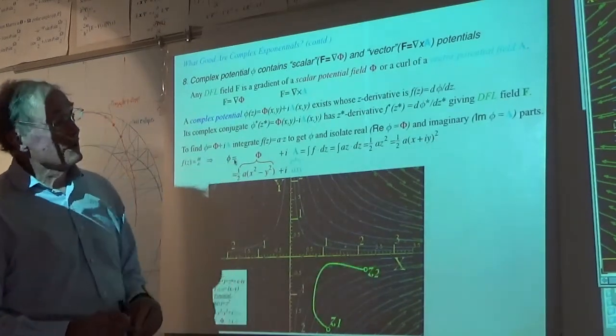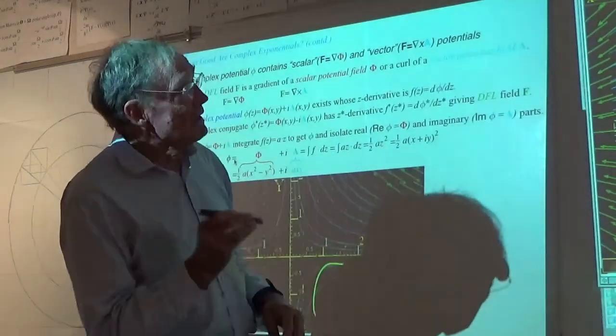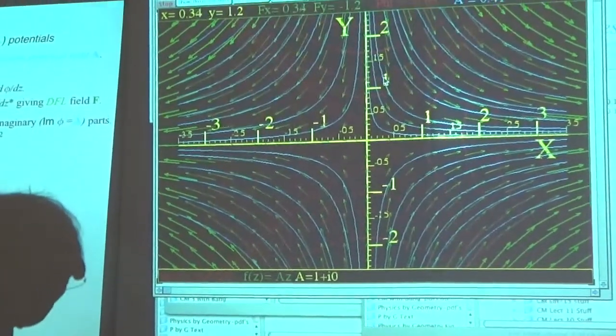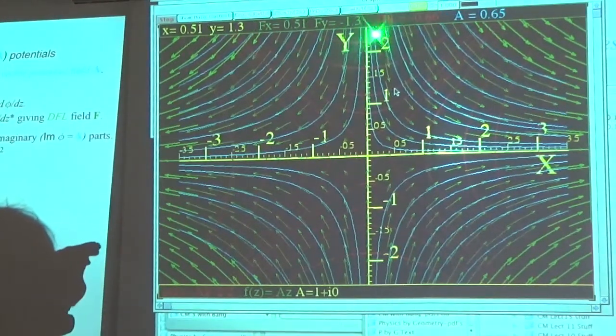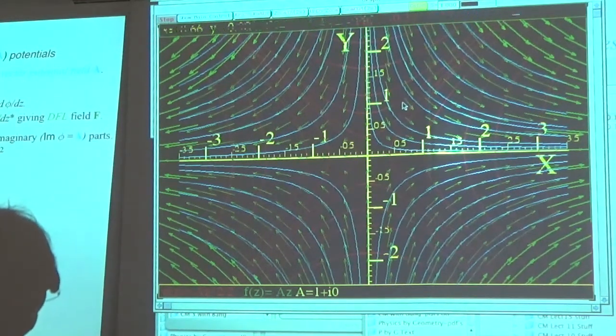Now, going back and looking at what we've computed on the screen here, at any point that I put this cursor, the equipotential is right there, and the phi potential for that is minus 0.66, and it's getting more and more minus as I go this way. Here it's already up to minus 1 volts, and then minus 2.5 volts. You see, so I'm going uphill here. Now you notice that the arrows are pointing uphill.